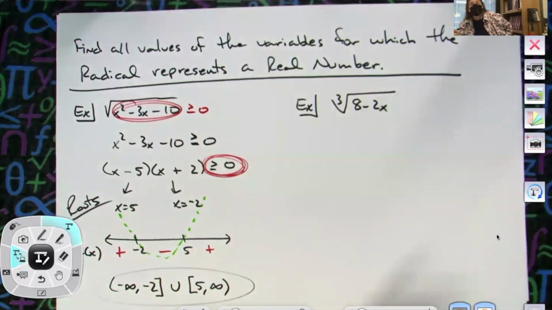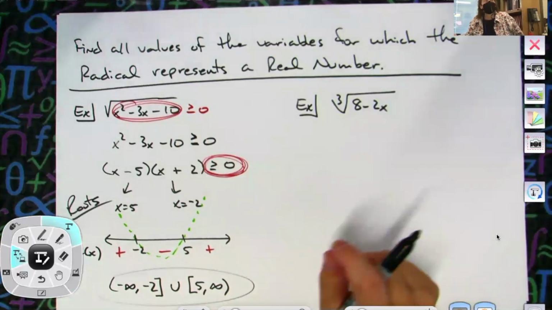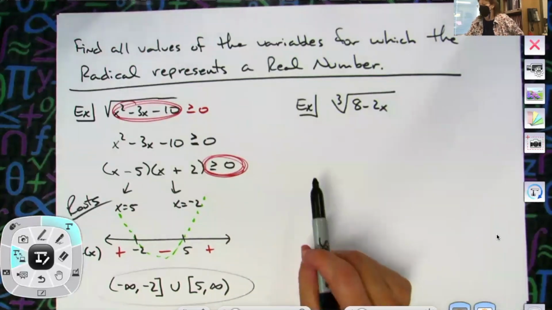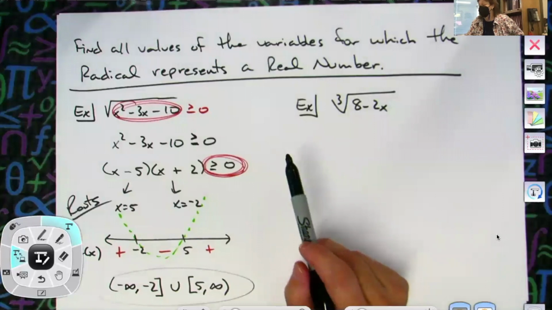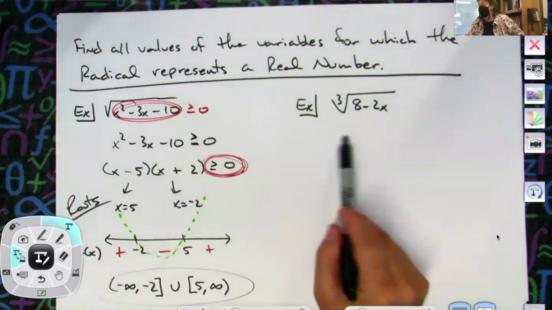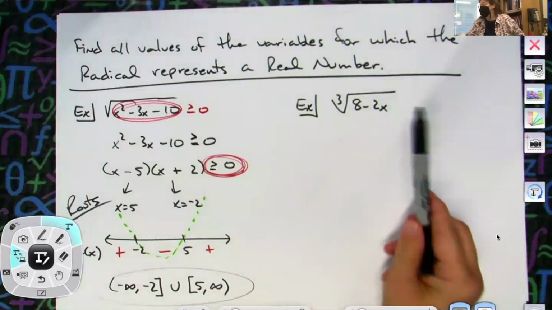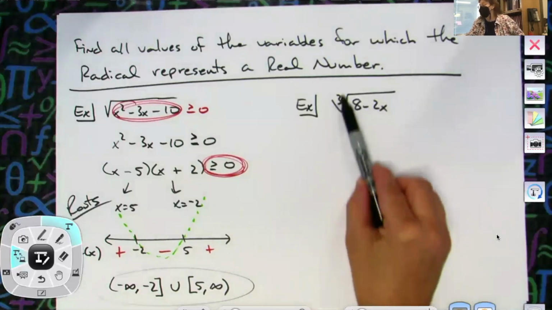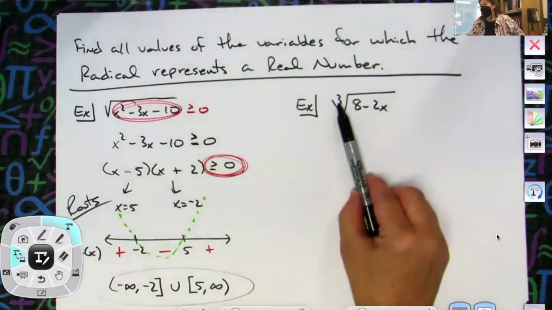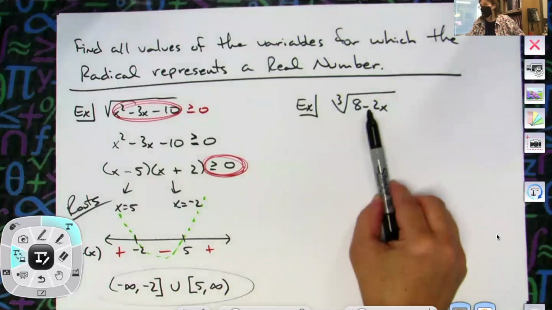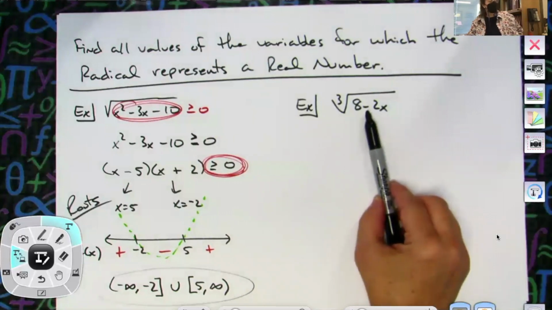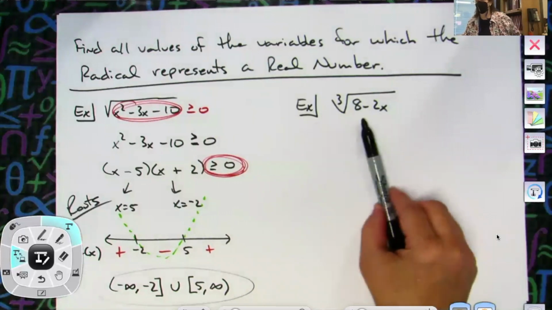Okay, cube root of 8 minus 2x. Again, I want to know values of the variable for which this radical is going to represent a real number. This one overall is a cube root. If I take the cube root of a positive number, I get a positive number. If I take the cube root of a negative number,